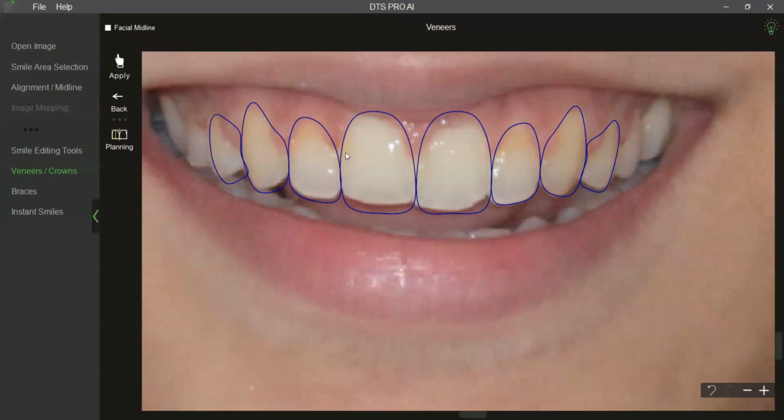Right. So that's my gross design. Maybe I'm not happy with the position of the gingival of the centrals, so I want to just limit them there. If you want to select multiple templates, just press the control key and click. For example, if I want to select my centrals, I press my control key and click on the lateral. So I can select those particular templates. If I want to select centrals, I can just press the control key and select.